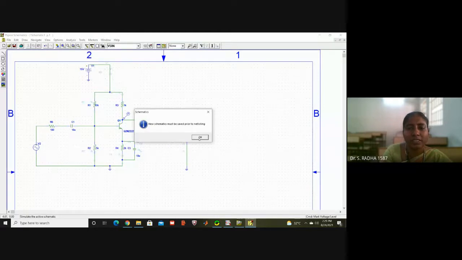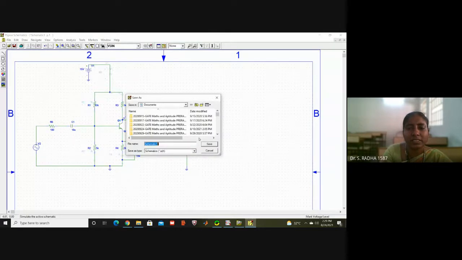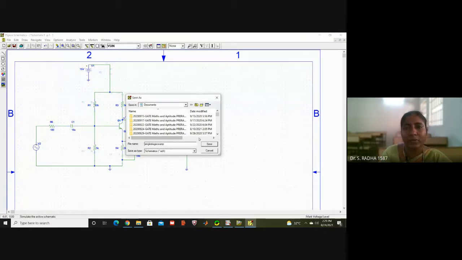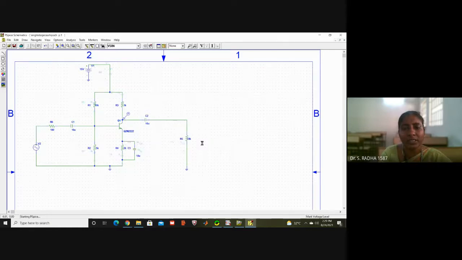We will simulate the circuit. Give the name single stage CE amplifier continuously, don't give a gap. File name also plays a major role. If you give numbering in MATLAB, it will not take the file name numbering. Some error will come, and you have to find out, as it will not tell directly that the file name is wrong. Here also, don't give space. Type continuously whatever file name you want. If you give space, that will sometimes provide an error.